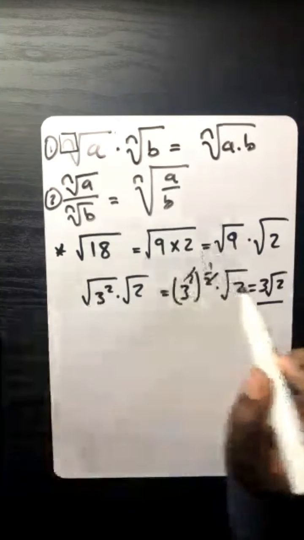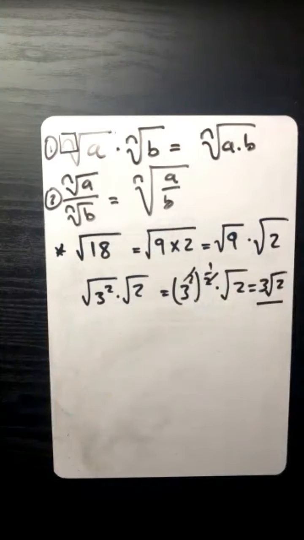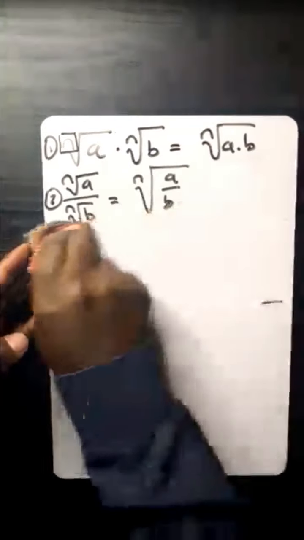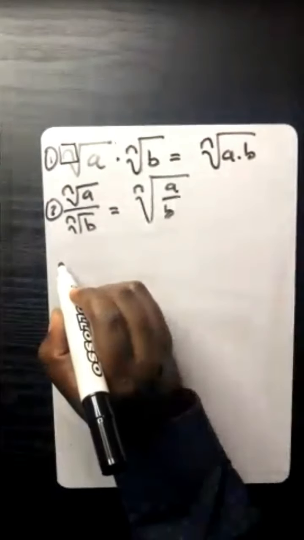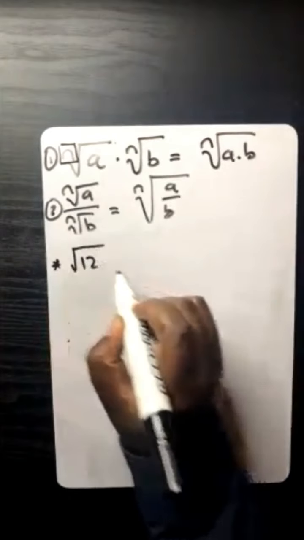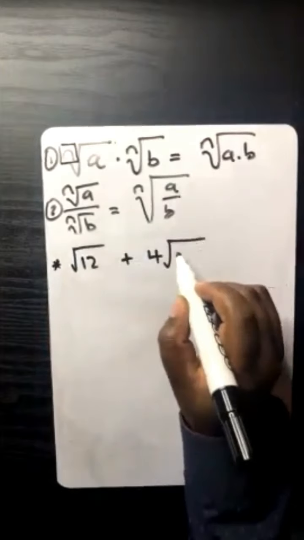100%. So, is everyone happy with that explanation over there? Yes, sir. 100%. So, guys, I'm going to remove all of that. And then from there, let's have a look at this one, which is square root of 12 plus 4 square root